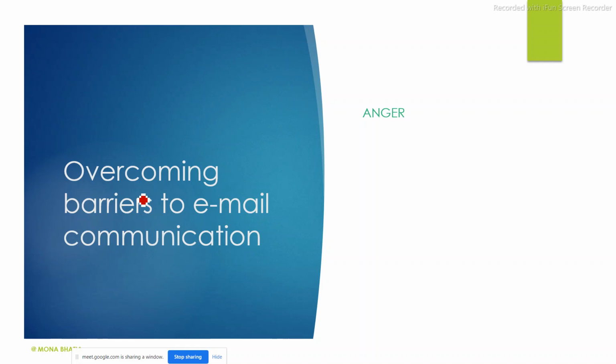Some people behave very smartly. They will send a copy of the same email to the boss also, and they will try to bully you, saying that you have not performed this work, this was supposed to be done. So that means they are acting very smart. So you have to be extra smart, but without losing your anger.